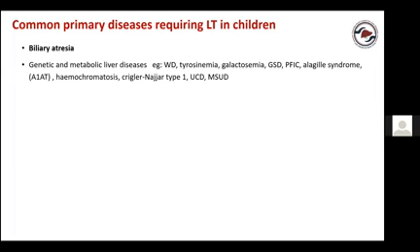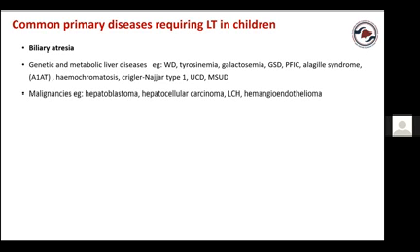due to parenchymal damage. On the other hand, there is a group of metabolic disorders like Crigler-Najjar, urea cycle disorders, maple syrup urine disease, where you will really not see a parenchymal damage. However, they will have metabolic crisis and impairment of quality of life due to the absence or deficiency of the enzyme, which is mainly located in the liver. So in both these categories, liver transplantation becomes the ultimate cure.